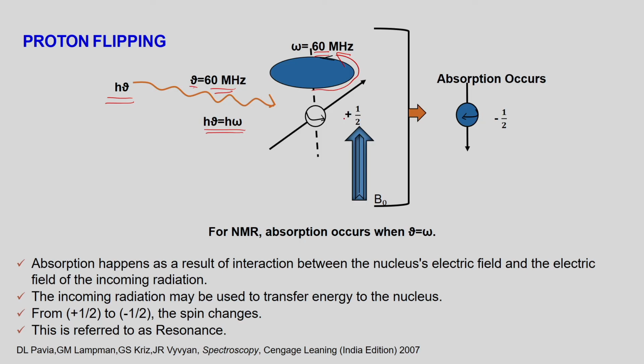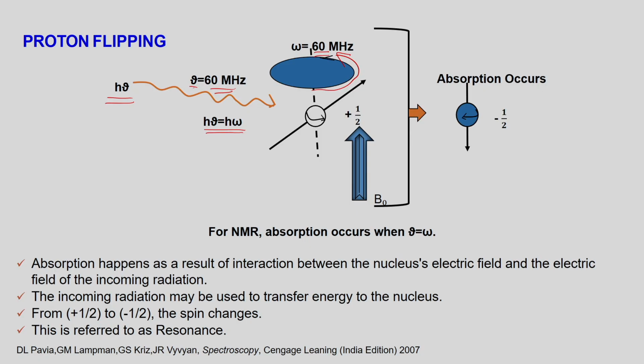So it means that plus half and minus half are already there, but there will be different spin states. Spin states means there will be a difference in the two spin states. One thing you should keep in mind: at room temperature and when there is no magnetic field, you still have the two different spin states, but they are separated by a very low energy, so we can call them a degenerate pair. But now, since it is absorbing energy, there will be another state which absorbs energy, which is called the minus half, which is opposing this particular magnetic field.